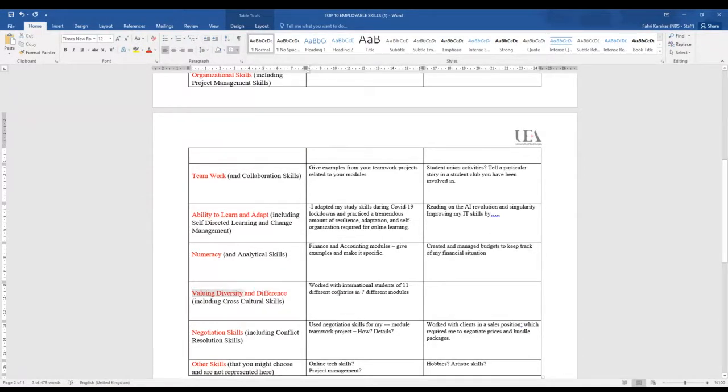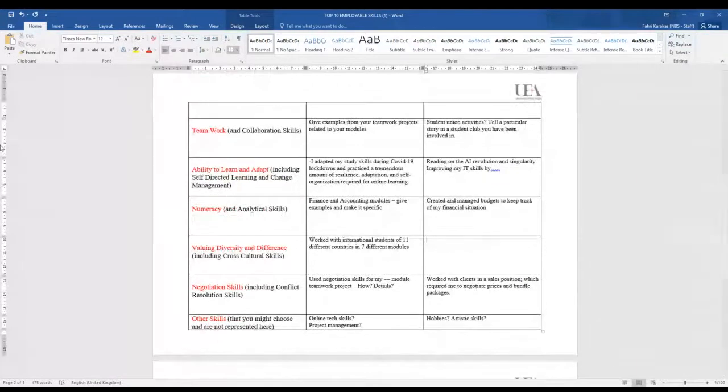Valuing diversity. Have you worked with, let's say, international students from 11 different countries in 7 different modules, whatever. And perhaps you are living in a multicultural city, and regularly communicating with your